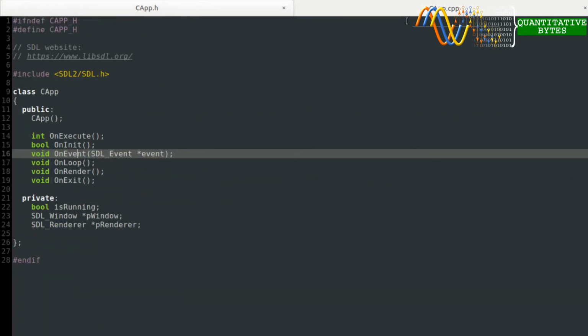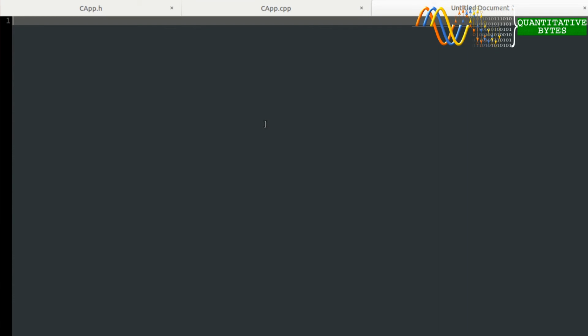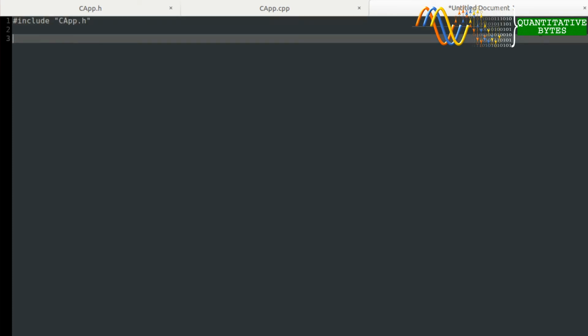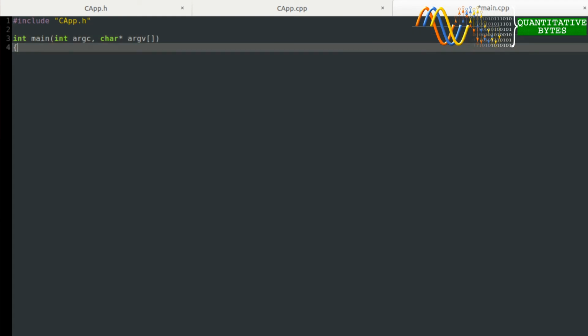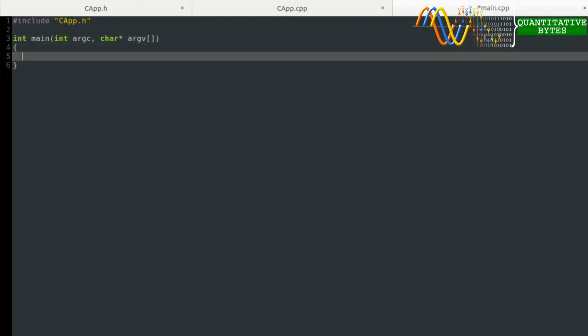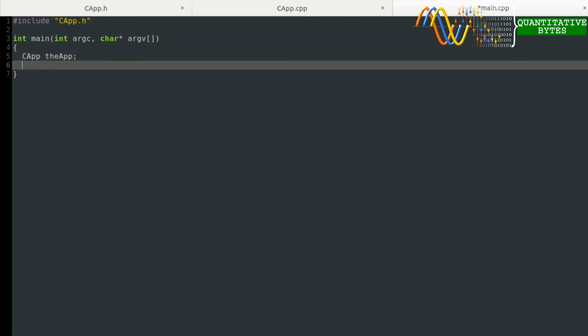Okay. Now, if we were to compile that code now, it will produce an error because what we haven't done is declared any kind of main function. So we need one more new file, which is going to contain our main code. So this is going to be #include capp.h to bring that in. So I've saved that now as main.cpp, and then we simply declare int main, int argc, this is standard stuff, char star argv square brackets. Okay, so this is going to be the main entry point for our code. We create an instance of CApp, which we're just going to call theApp,